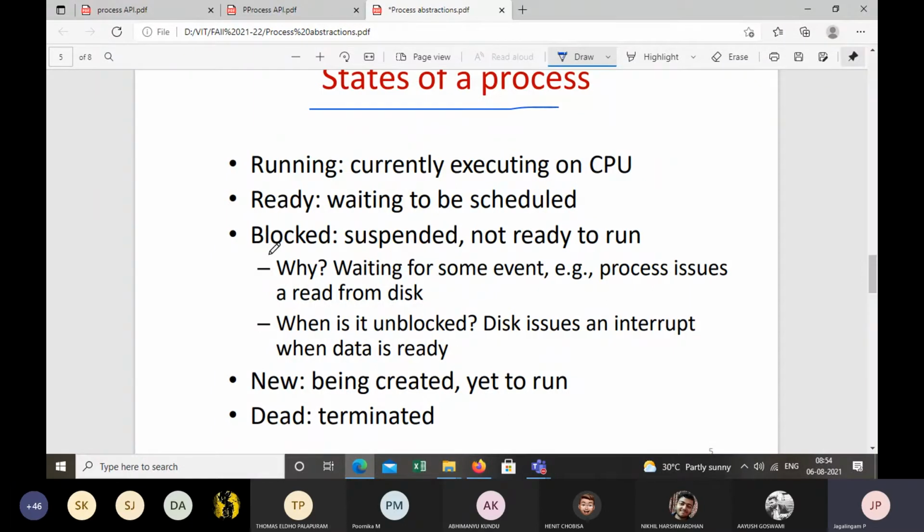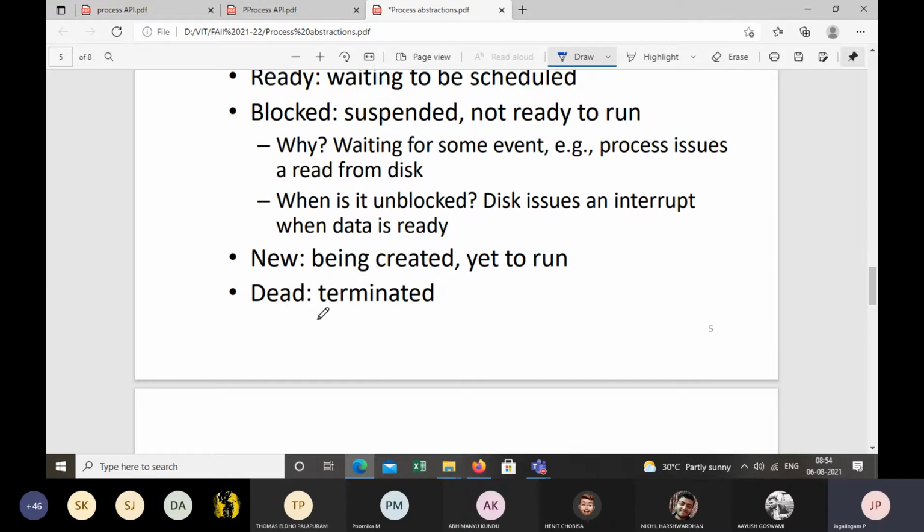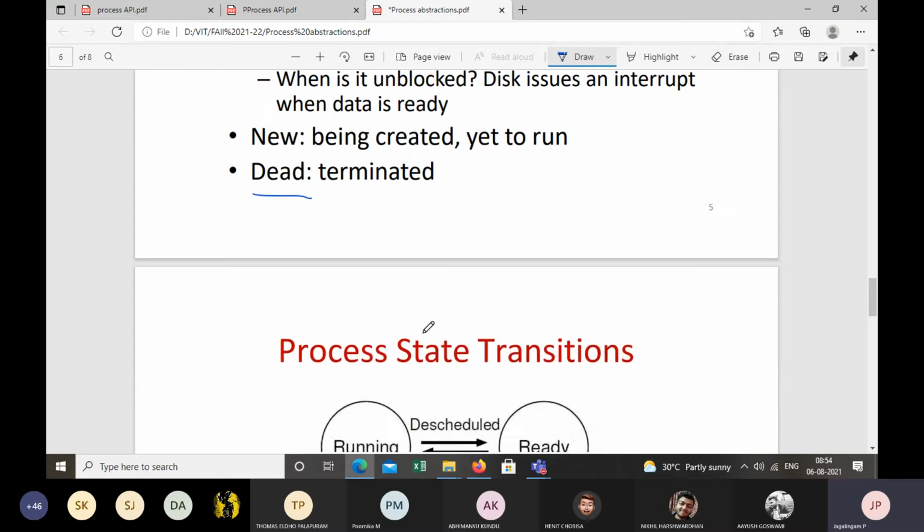Therefore, until the request is completed, the process will be in blocked state, right? And then you have a new process, which is just being created and yet to run, and you have a dead state where the process is terminated after the completion of execution, right?